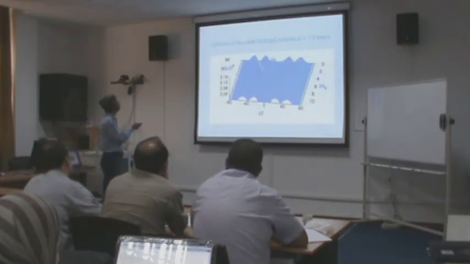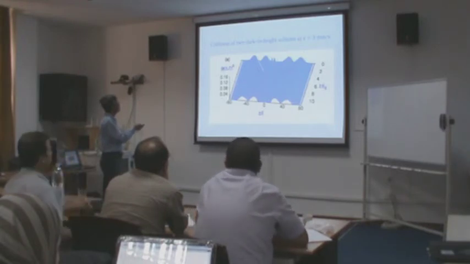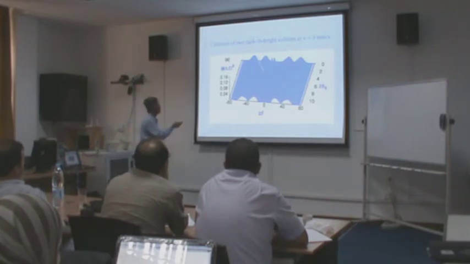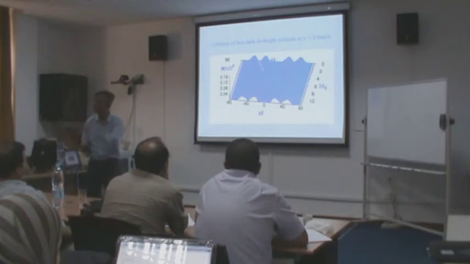So the collision of two dark-in-bright solitons. You have a dark-in-bright soliton, and I put the one-dimensional density. So there is a hole in the middle, one soliton here. What we plot here is the one-dimensional density of the red figure, the dark-in-bright soliton, integrated. This is the one-dimensional picture.